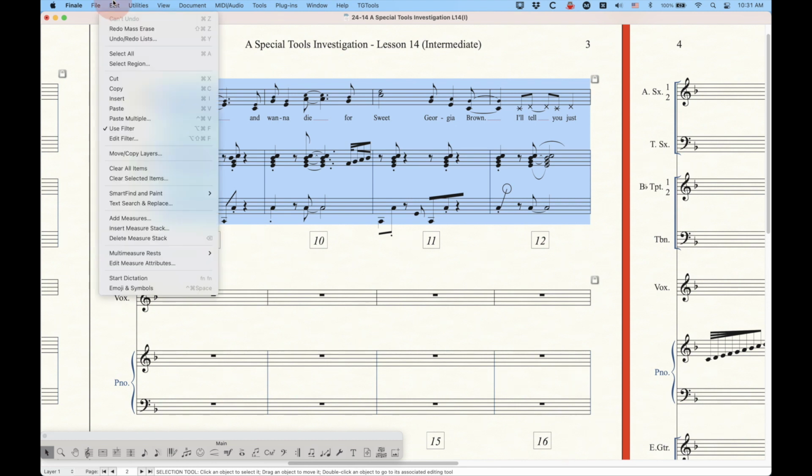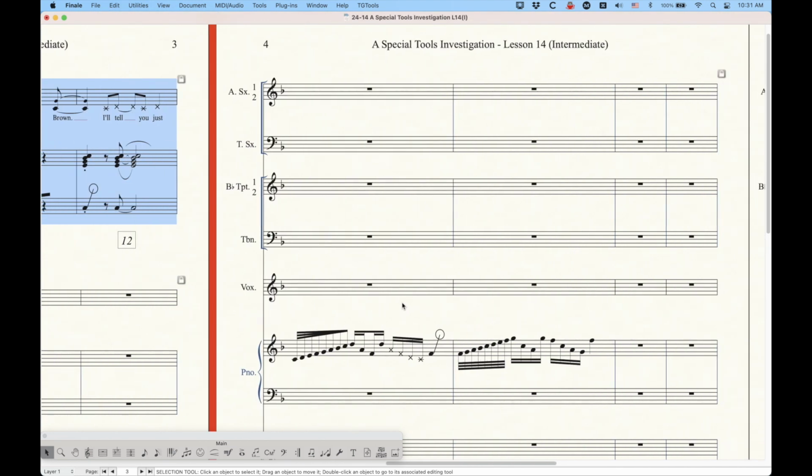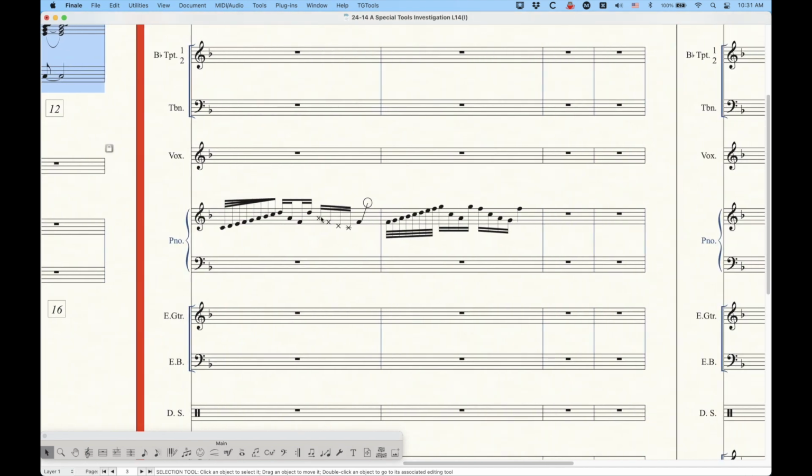But anyway, you have both of those options, the clear selected items and the edit filter. The other thing that we can do with this filter, I'm going to go over to this part of the file. You can copy just the special alterations. So here's a scenario where I have basically the same rhythm from this measure to this measure, but I've made some special alterations here. I've done some feathered beams, I've done some secondary beam breaks, some note shape changes, and